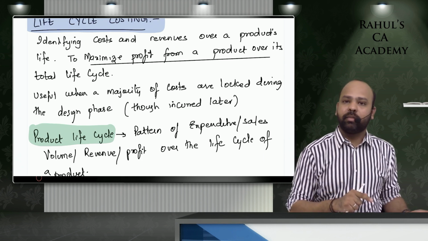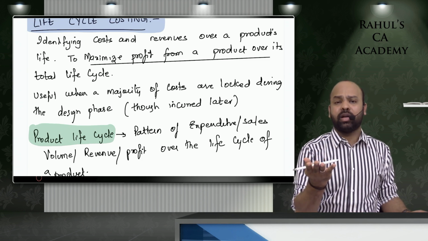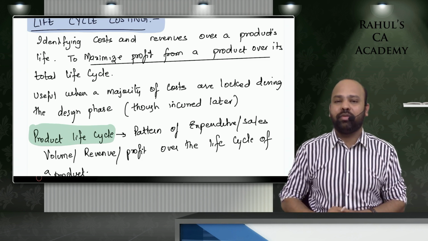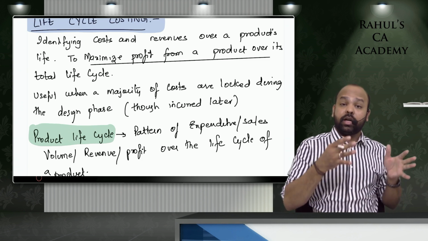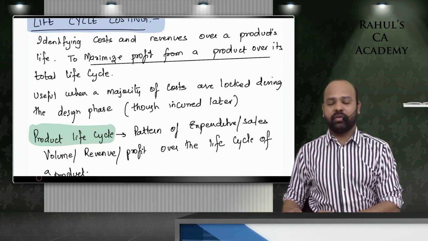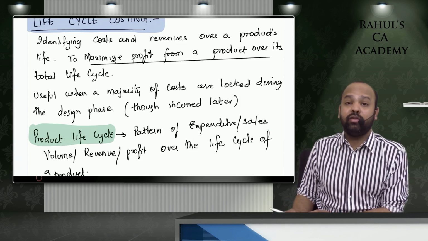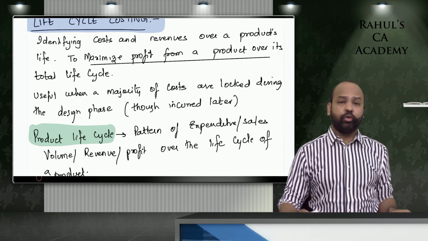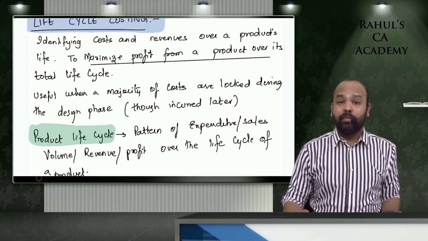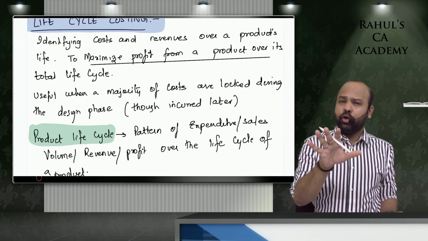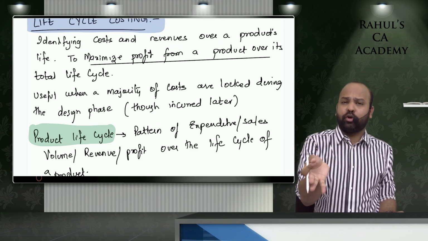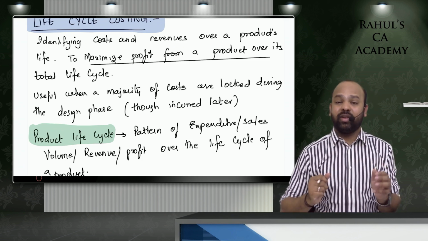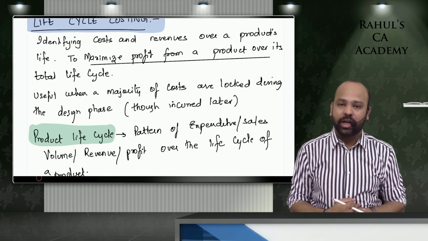This also came as a part of the comment in the examination. So though the design phase involves incurring only 10 to 20% cost, it will determine approximately 70 to 80%. The design might not determine your delivery cost, sales cost. Delivery and selling and distribution is also a part of the total cost, but design is not deciding that. So 70 to 80% cost of major products, manufacturing products, are locked in during the design phase. This is where life cycle costing will better help you in taking decisions.